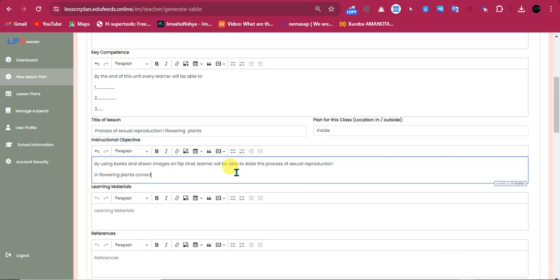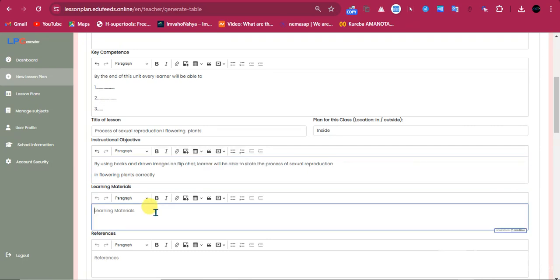Correctly. Yes, the whole instructional objective must be made up of those conditions, the criteria for performance, the act, things like that. For the learning material, I may say flip charts.